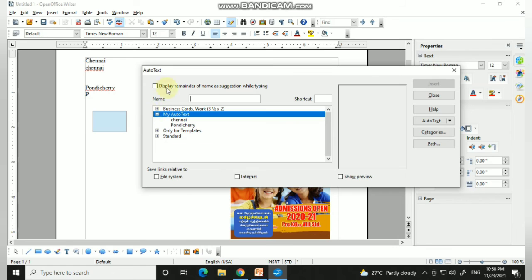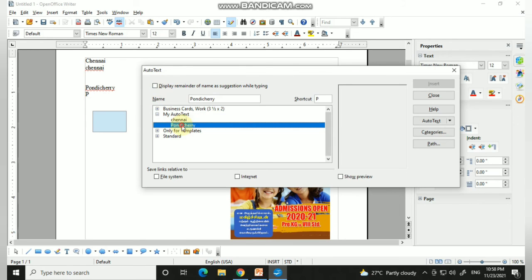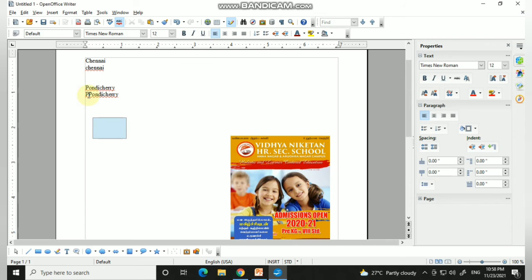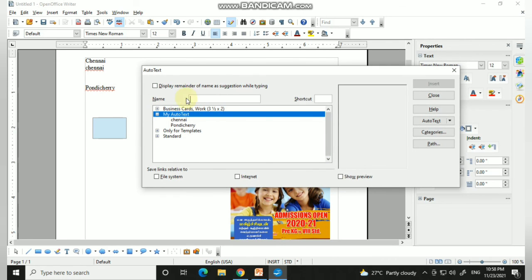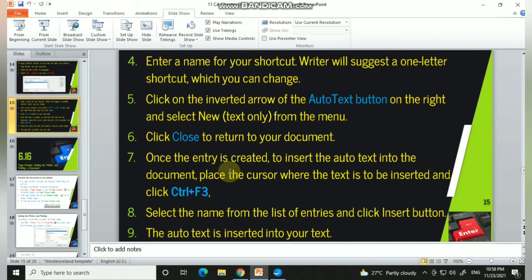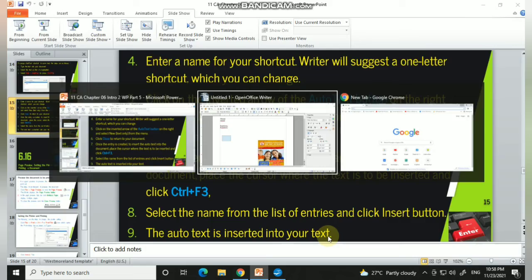Your dialog box opens, and you just select Pondicherry and click Insert. It's not even necessary to type it. You have the insertion point where you want the text to be typed, you just press Ctrl plus F3, your dialog box opens, and from there you can choose and click the Insert option. That's it. So select the name from the list of entries and click the Insert button. The auto text is inserted into your text. So it is very easy.